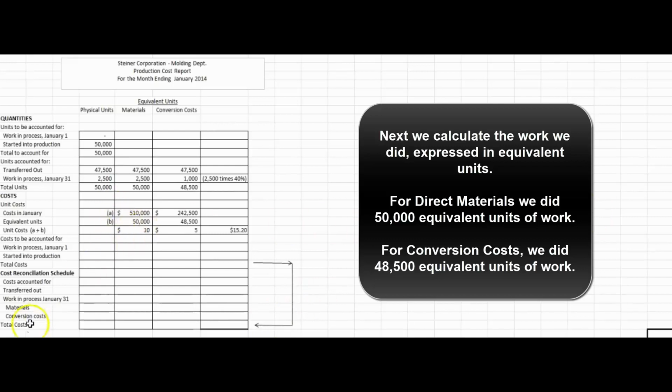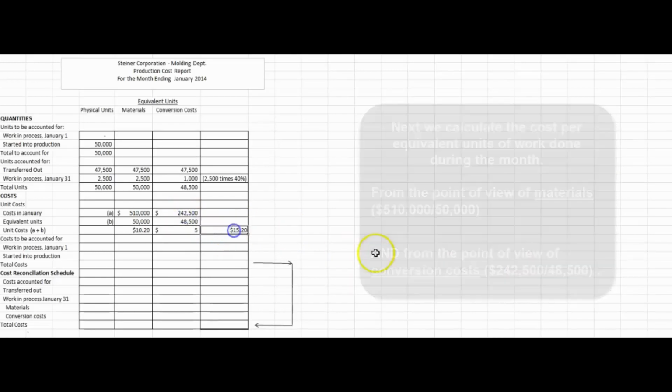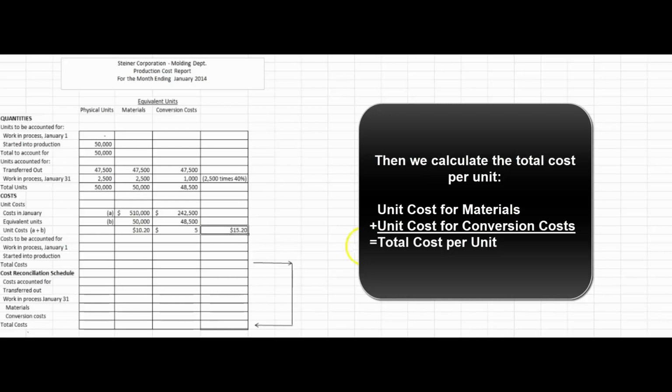Then we're going to do the same kind of calculation that we just did. We're going to look at our total costs. Again, if there had been beginning inventory, we would have added those costs into this number, but there weren't. $510,000 for materials. We did 50,000 equivalent units worth of work. Dollars per unit, $10.20. Our conversion costs during the month of January, $242,500. Dollars per unit, 5. So our total costs during the month were $10.20 for materials, $5 for conversion costs, or a total of